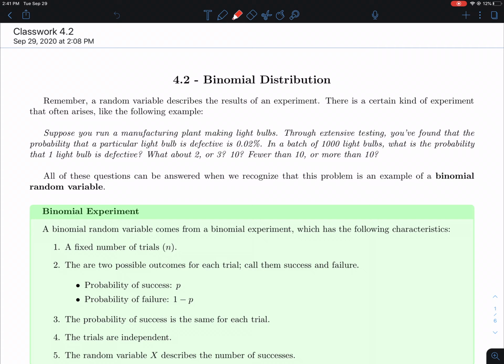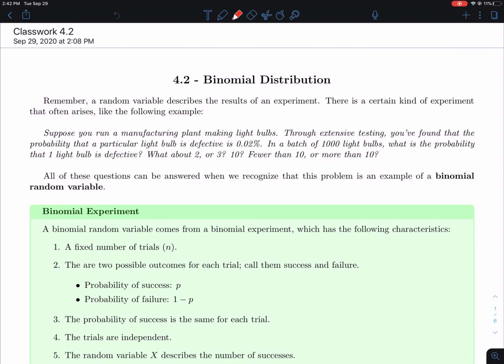And so this will actually finish up chapter 4 for us. So hopefully 4.1 went fairly well. I was trying to ease you into 4.2 by trying to get you used to some of the terminology like at least, at most, less than, greater than, things like that, because that's going to come in handy for this section when we're trying to use these probability distribution functions to answer some questions about what are called binomial